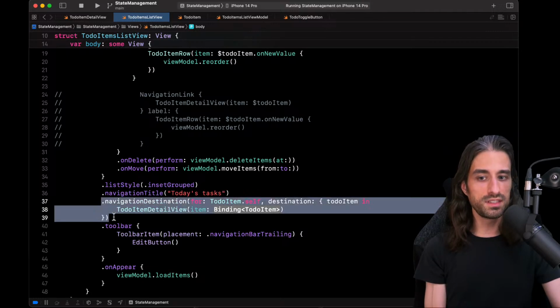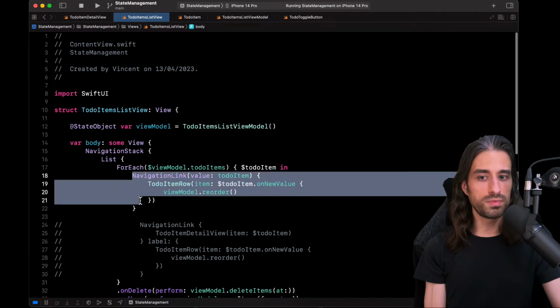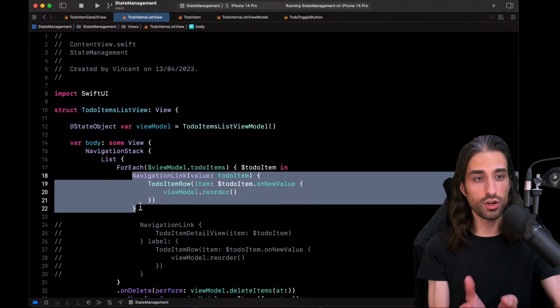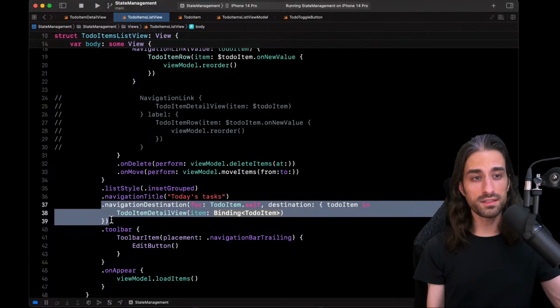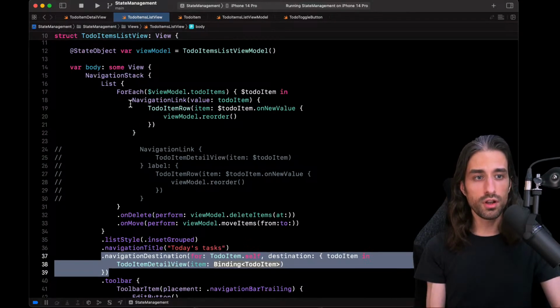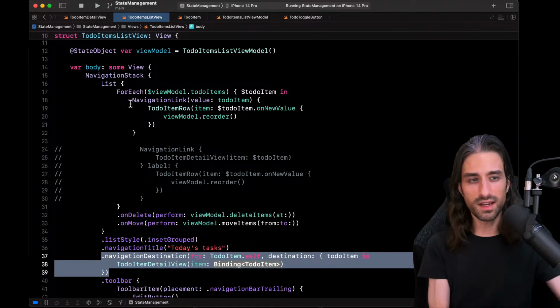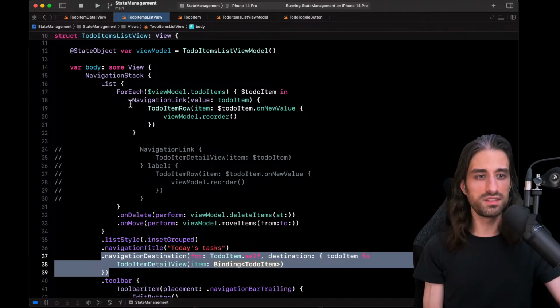And this way, this navigation link could be inside a package of its own, and this modifier could be in another part, and this way we can decouple the navigation because the feature doesn't need to know what is the destination view, it just needs to know what kind of data it needs to provide to this destination view.